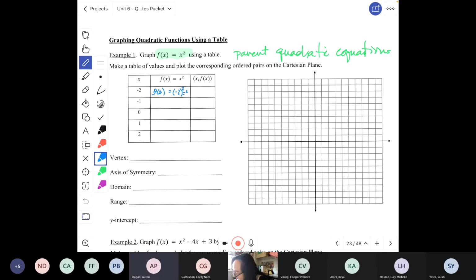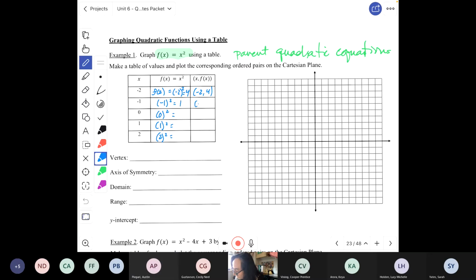Okay, so that would give me the point (-2, 4). I could do the same thing by substituting -1 in for X, 0 in for X, 1 in for X, and 2 in for X. And if I did that, what would the corresponding outputs be? For X equal -1, we would get as the output